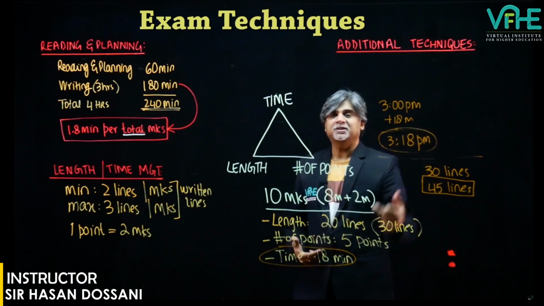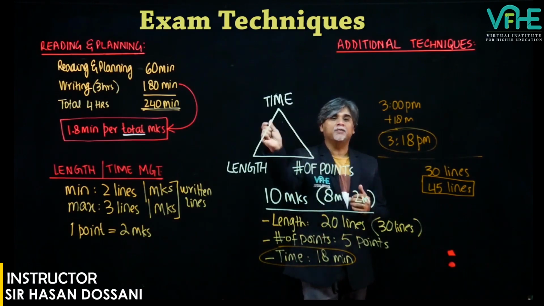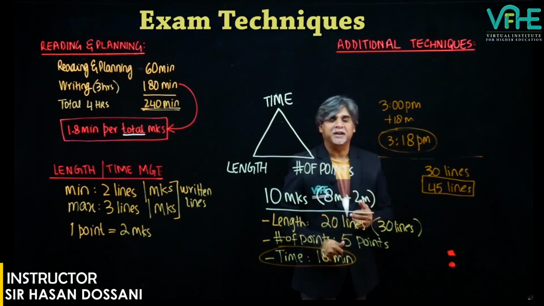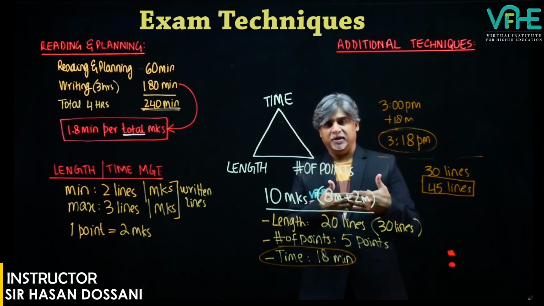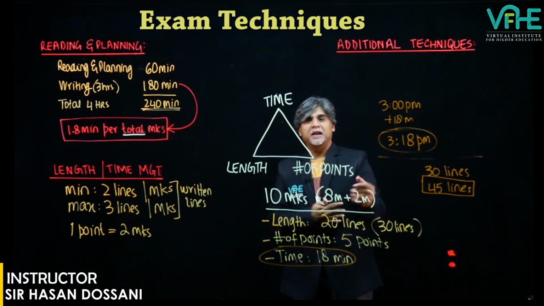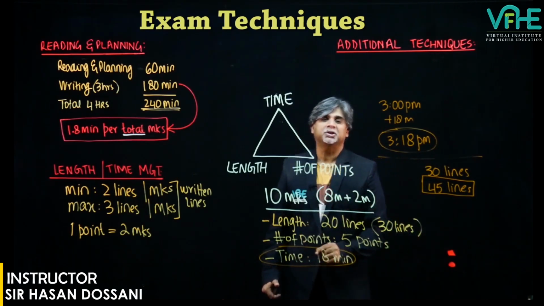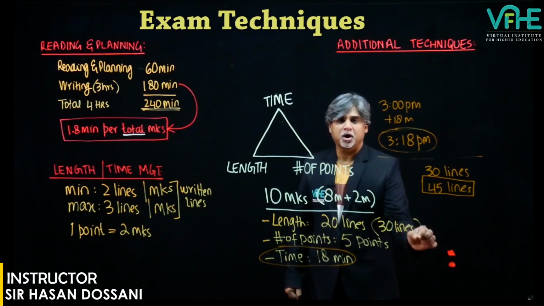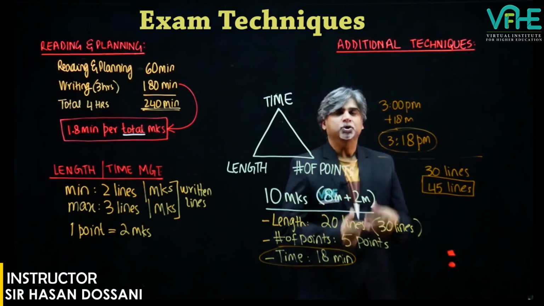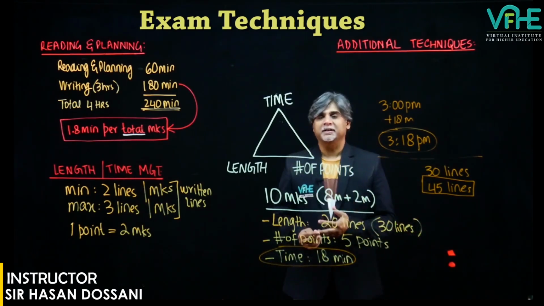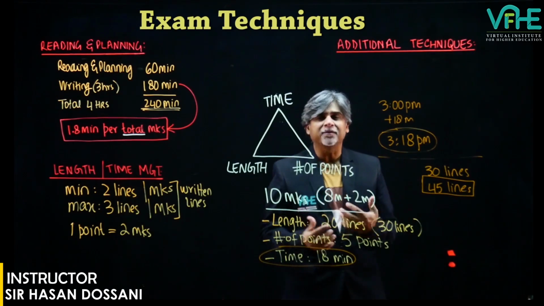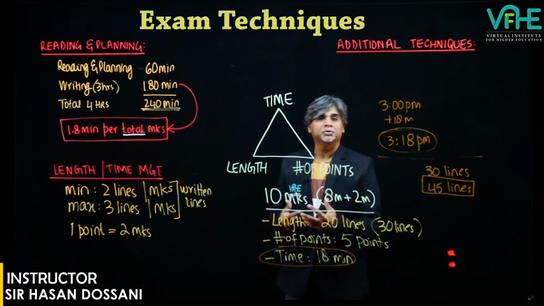One, you write the time, the ending time in front of the question, and the other technique is you maybe count the maximum lines required and put a mark on your answer sheet, and you make sure you do not cross that mark. So you try both of these techniques, whichever works well with you, whichever sits well with you,